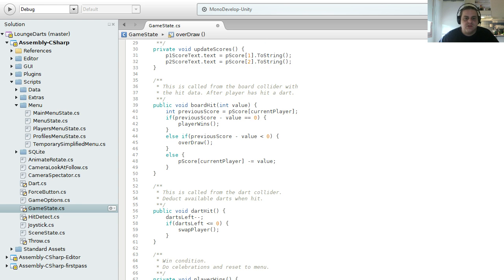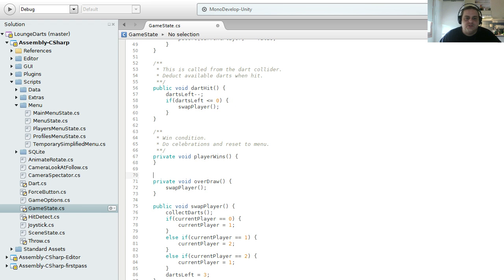And as you see, we don't have the win condition yet. I guess we need some kind of cool particle effects and stuff, but I'm not all that good at them, so we are going to make some ugly stuff, and then I guess the graphics artist will do that. So overdraw, that means